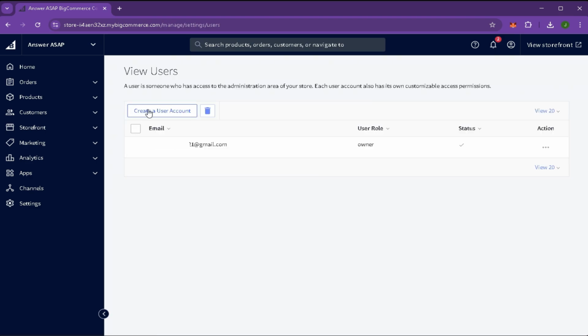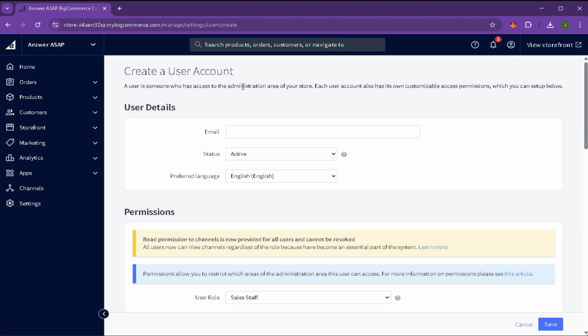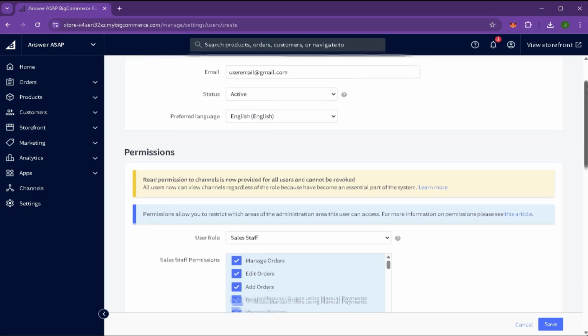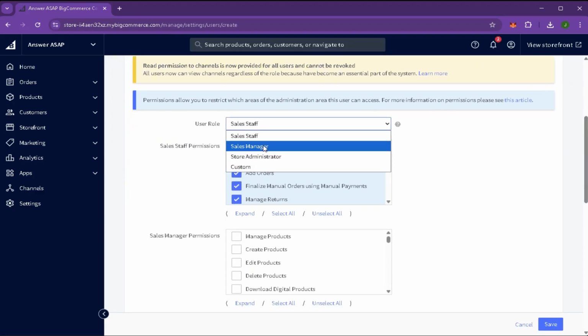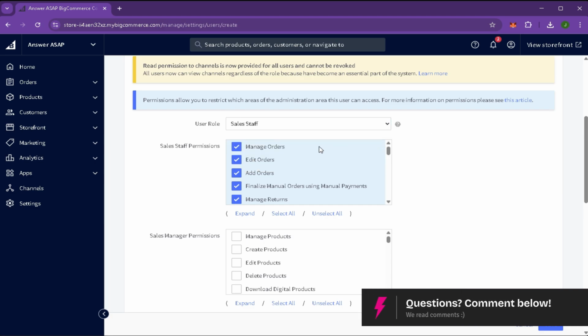At the top, click Create User Account. A form will appear where you'll enter the new user's email address and set their status and preferred language. Next, choose a role for the user, like Store Admin, Sales Staff, or Custom Role, depending on what you want